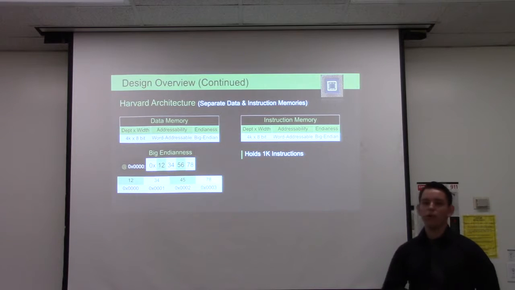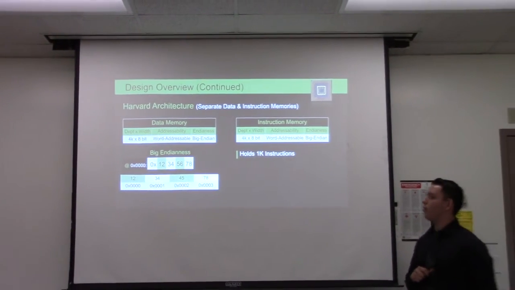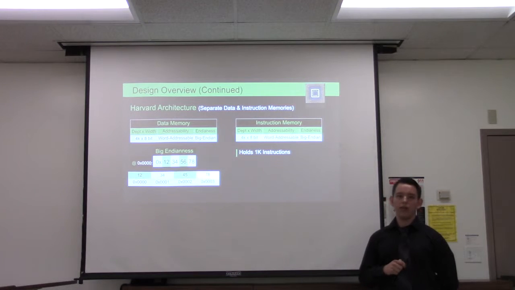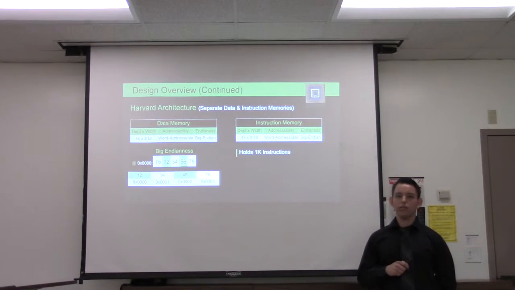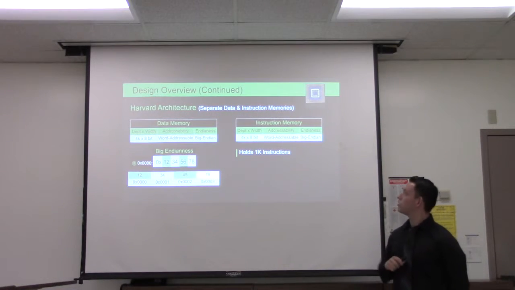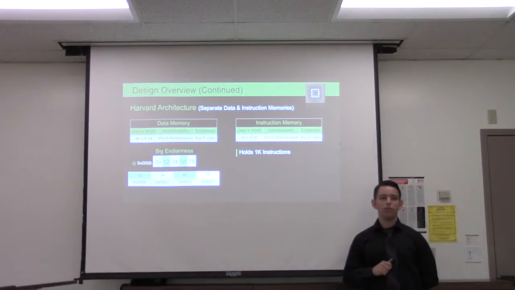Now, when it comes to memory, we have opted for a Harvard architecture. We didn't use von Neumann because von Neumann would require us to have some kind of memory management so that the instructions and the data do not conflict with each other inside the same memory module. So having separate data and instruction memories allows us to not worry about this as we develop the hardware